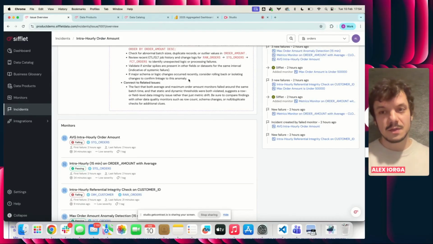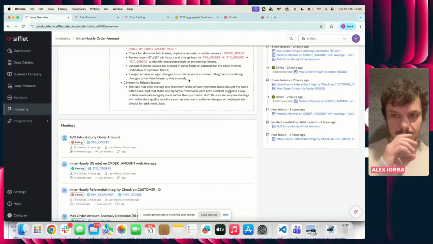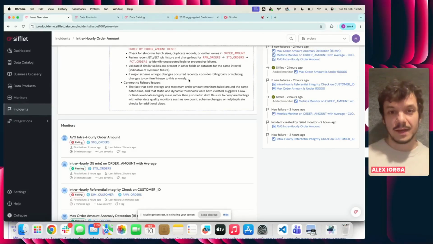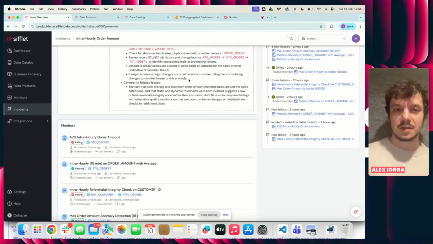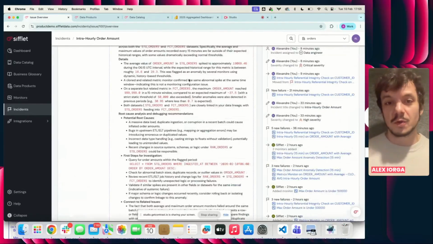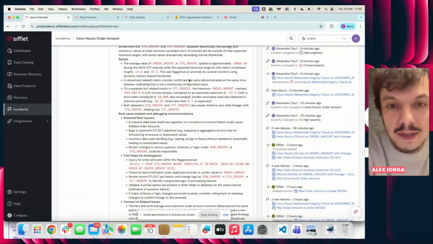But by having these tools in place, you have a much more robust, much more comprehensive monitoring layer that can then ensure that as a user, you can leverage the incident creation and the incident page at its full potential by having everything summarized. So essentially all this noise is translated into a very to-the-point, very comprehensive paragraph that you can go through in a few minutes, rather than spending days or even a week investigating a problem